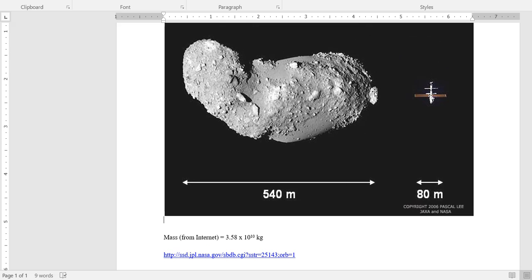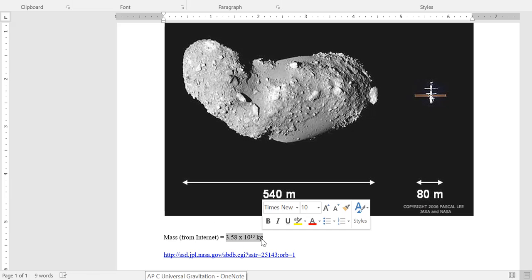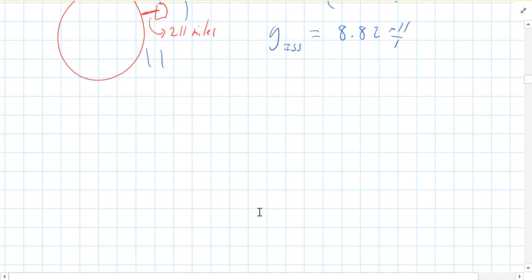So let's say we were standing right here where this rock is. What would little g be there? Now notice that's about half of this distance, so about 270 meters from the center of the asteroid. So that's what we're going to use for our radius. So let's say you're standing right there. What's little g? Well, here's the mass that I'm going to use, and for the radius I'm going to use 270. So we'll say little g of the asteroid